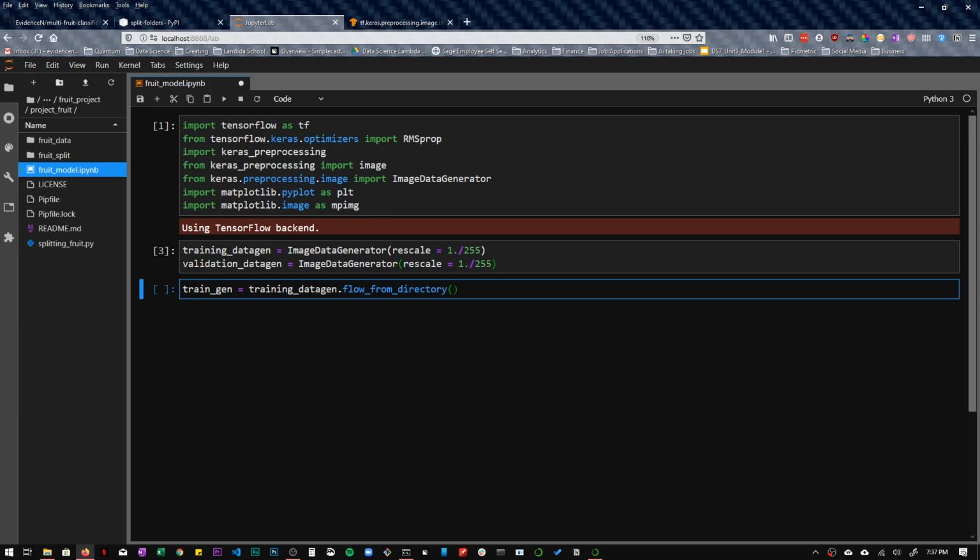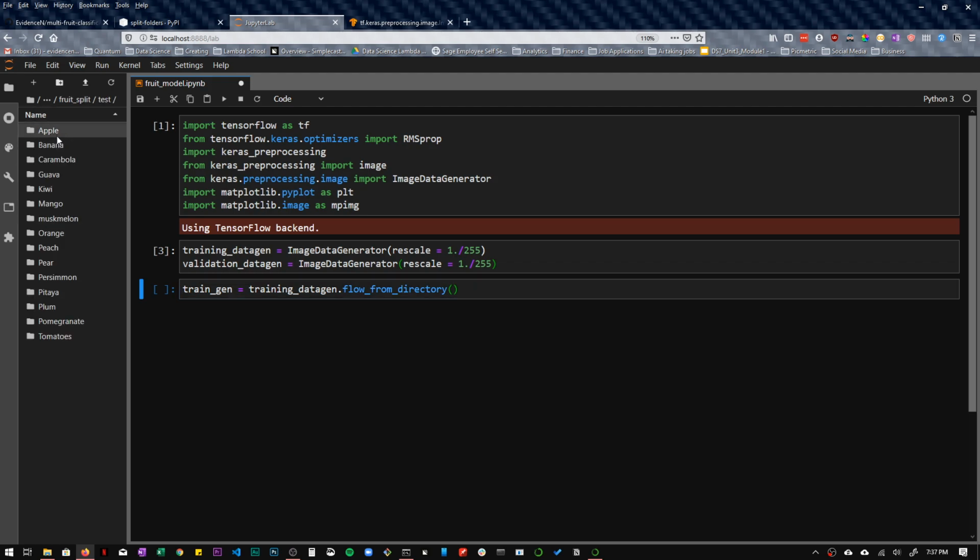The first thing I'm supposed to put here is the directory containing the files. One way you can mess this up is if you point it to this apple folder, for example, you're going to mess up everything. You're supposed to point it to the data folder, and then inside it, the train data, and then inside the train data